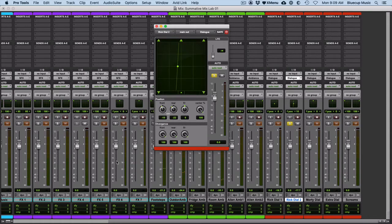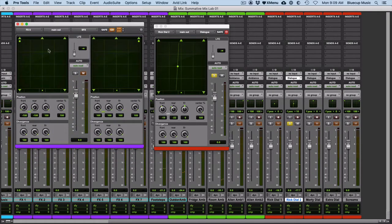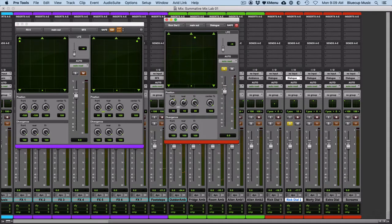And if I bring up a surround panner for a surround track, I'm going to hold shift there. This is for a surround track. Similar thing here. You can see left and right are following. You can unlink them or unlink parts of them, if you want to do that. Sorry, go back there. There we go. So it's pretty simple. One useful thing to know is when I put it here, it's in the center channel